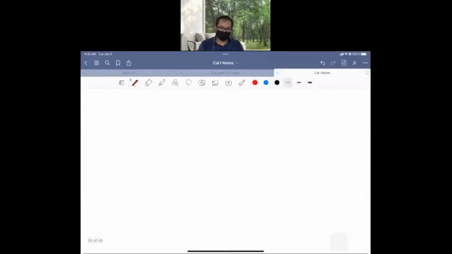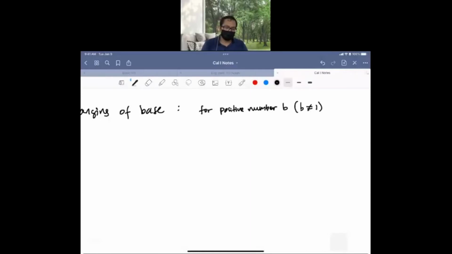Okay. The other thing that is important is the changing of base. This is quite common in log. So whenever, let me write, for positive number b, which b is also not equal to 1, if we have this log b of x,